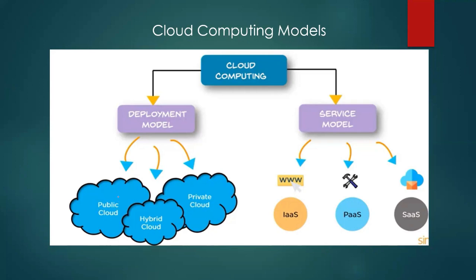Now, the meaning of public cloud is that it is a cloud whose infrastructure and other resources can be accessed by anyone. Let's say this is the AWS cloud, and they have a lot of infrastructure present with them. Now the meaning of public cloud is, let's say, a lot of servers are here.